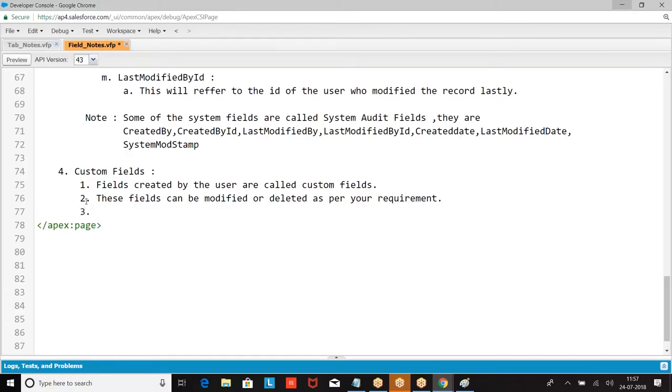Right. So when you want to create a custom field, what is the primary thing? What is the data type of a field? When you want to create a field, first we have to tell what the data type is. What type of field is this? Is it a text? Is it a number? Is it a currency? Is it a decimal? So we need to understand the data type of the custom fields. First one, text. What is this text, boss? What type of data is it going to accept?